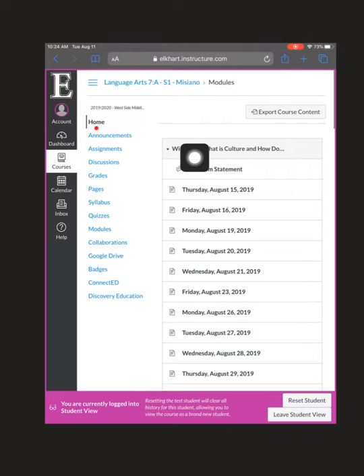So if they set up their home page with modules, you'll see that right away. They can set up their home page with the assignment page or with a syllabus page. So it just depends on how the course is published. So I like to publish my courses with modules first, but you can also access assignments using the assignment